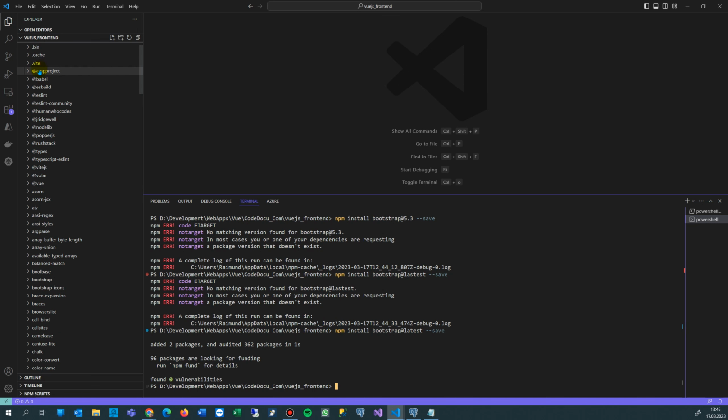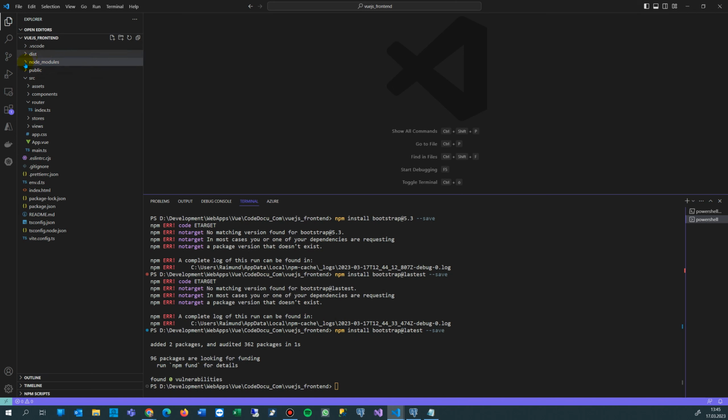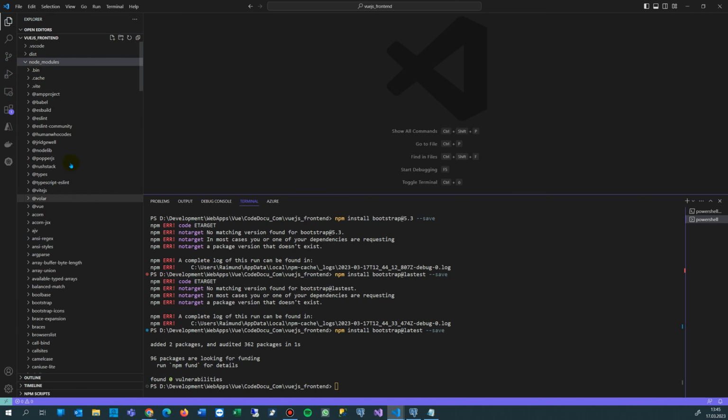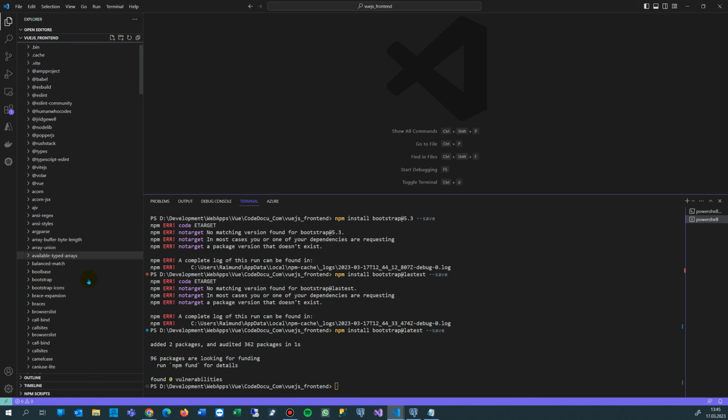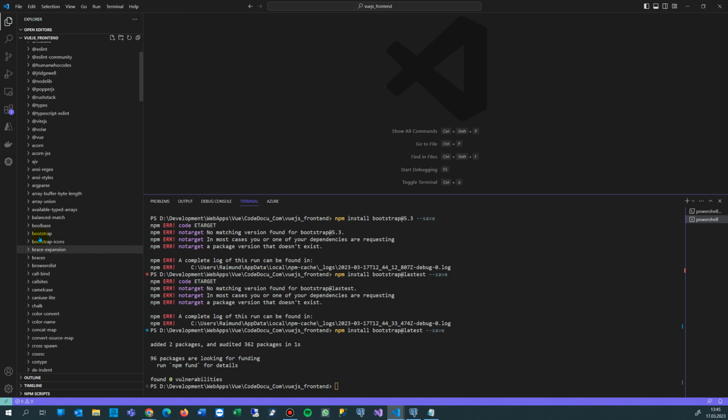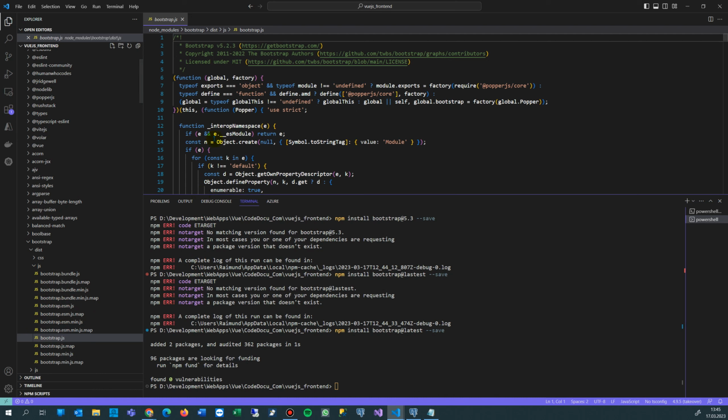And now when we have a look on our folder node modules, where the runtime versions of everything are, then we see here our Bootstrap now. And in Bootstrap we find, where was it, in the dist folder, I'm not sure anymore. In the JS folder, when we're there,